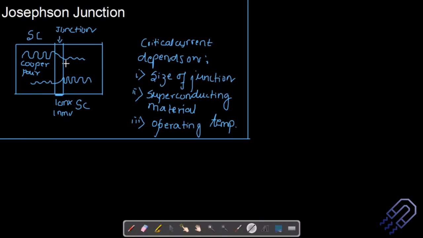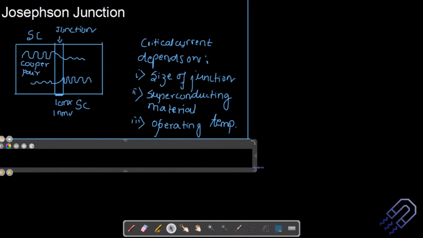That means we're basically going to get a current flow, or we are going to have an electric field. So if I just want to write this down, probably I can say it happens both in AC and DC. So a direct current, I'm talking about a DC Josephson effect now, flows